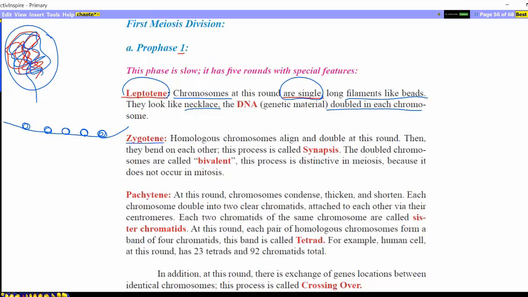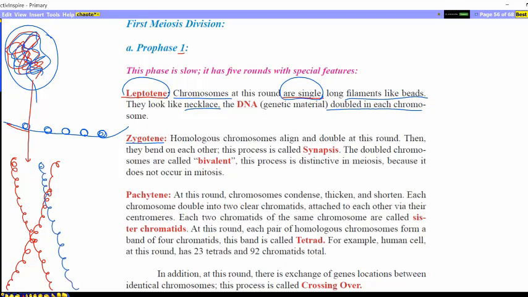In the next phase, zygotene, homologous chromosomes align and double. So the genetic material aligns and doubles. Coiling, as we said, increases like in the previous phase. The genetic material coils around itself to form a shape like this. Homologous chromosomes align and double at this stage, then they bend to each other at that